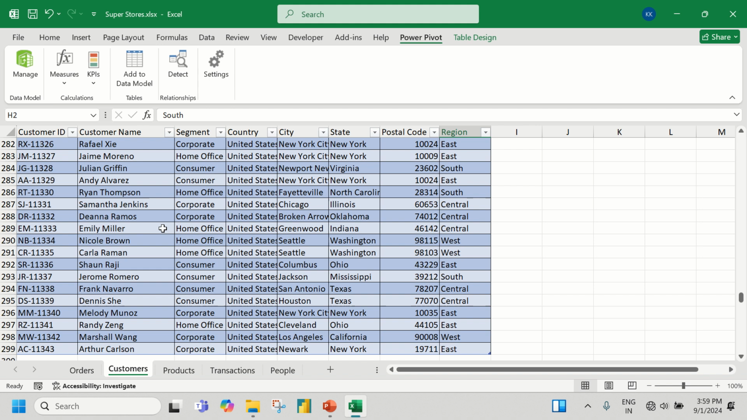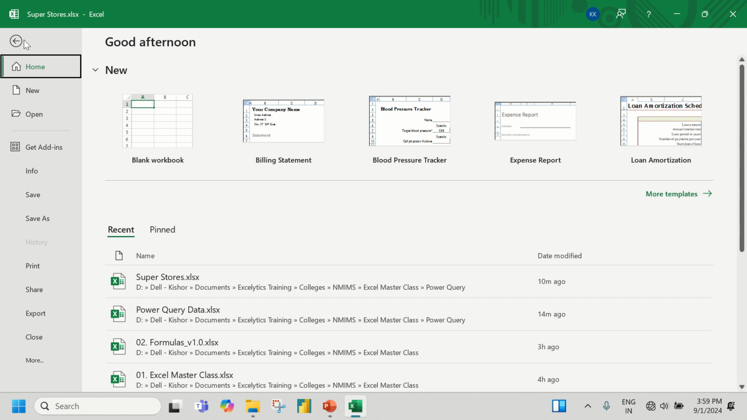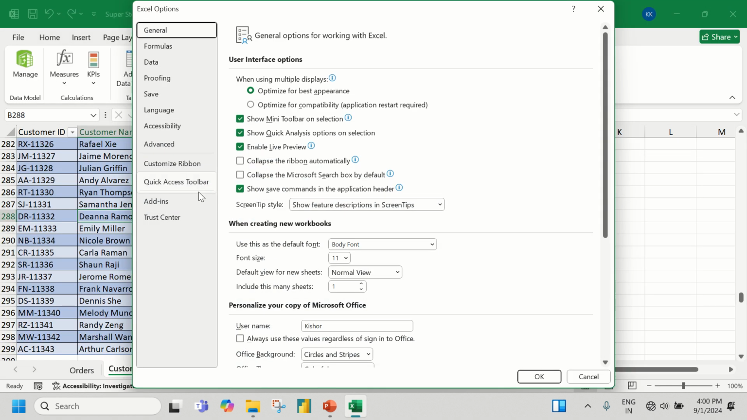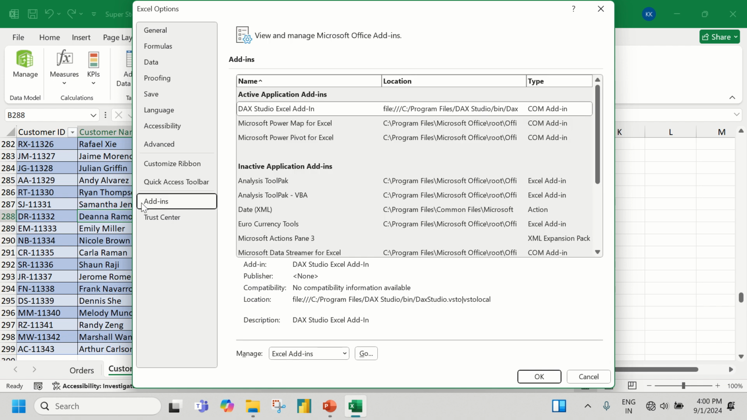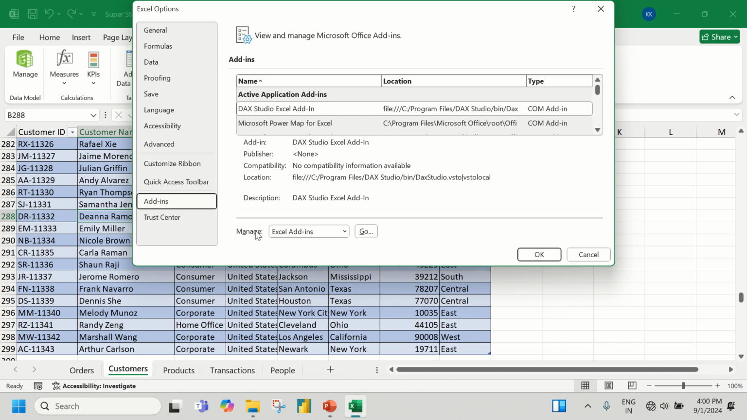Okay, how do we do this? Very simple. Just go to file, options, add-ins. At the bottom of the screen you see Manage, and it shows Excel add-ins, but go to the COM